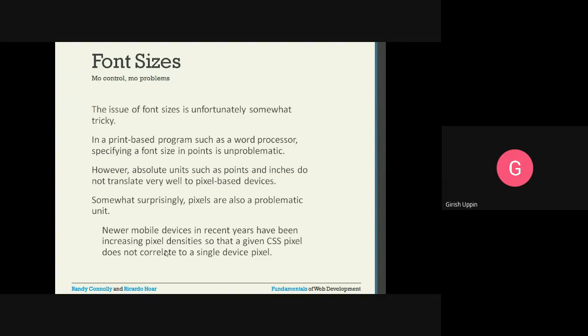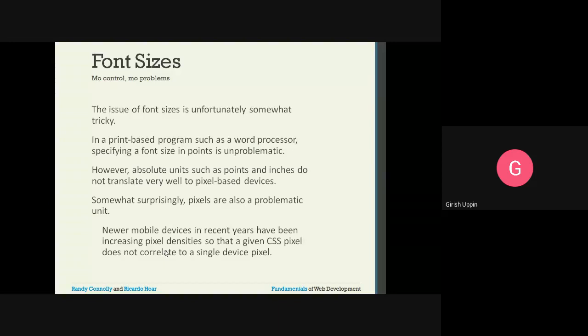However, absolute units such as point size and inches do not translate very well to pixel-based devices. Let me show you an example of sizing elements. When I changed the browser viewport, the div below was scaling down according to the size, but the one above, which uses a fixed size, was not changing. So it is not a good idea to use fixed pixels on pixel-based devices.